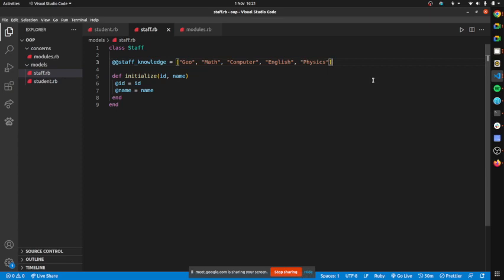Yeah, let's do with that. So the staff has all of this knowledge. Now if you want to know all the knowledge that the staff has, we'll do a class method and it will call this to respond. So we define a method, a class method,